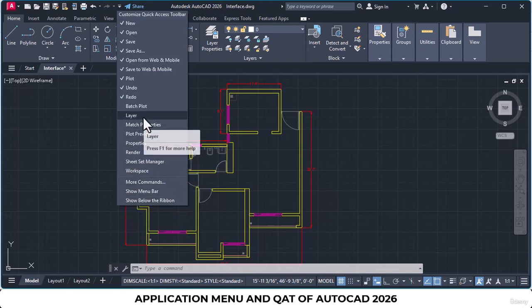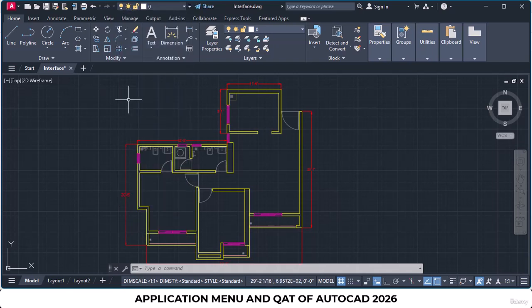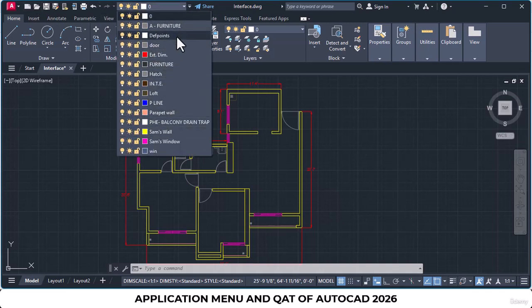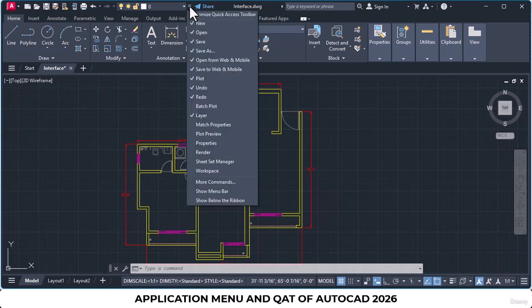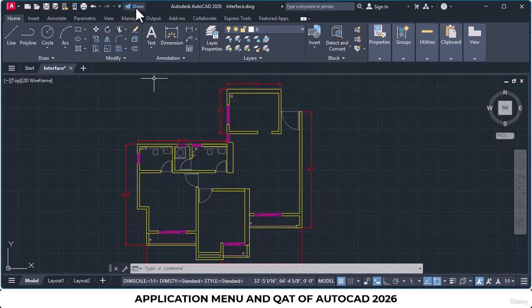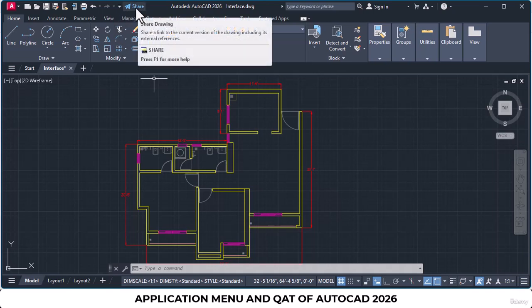Example, if I click on layer, you will see now the layer menu gets added in the quick access toolbar, and I can change to any layer from here. If I no longer need any option in the quick access toolbar, I'll again click over here and I will uncheck that option. Finally, you get the option to share the existing drawing so that others can view your drawing.